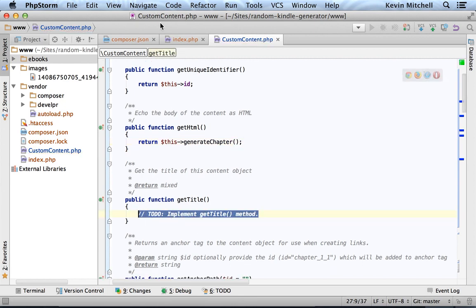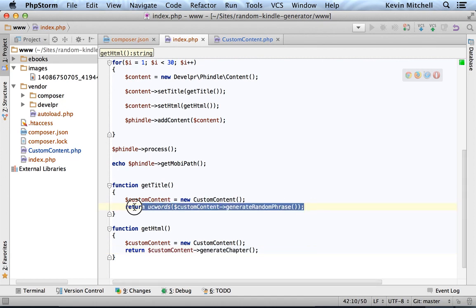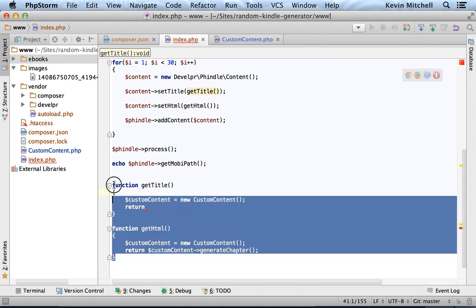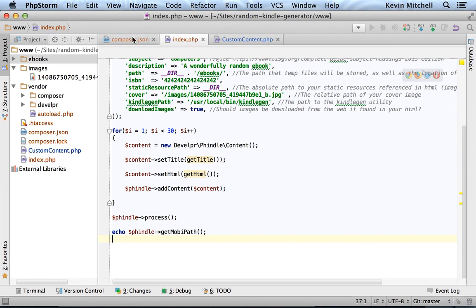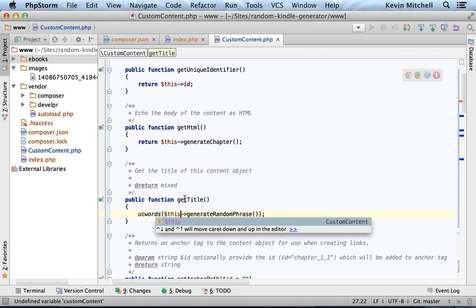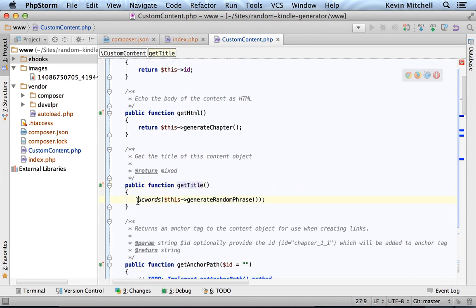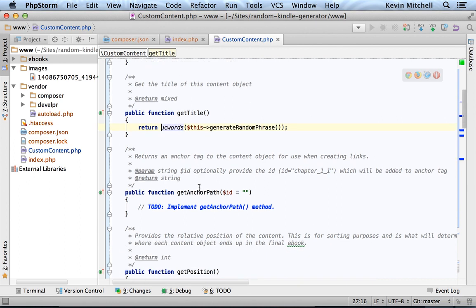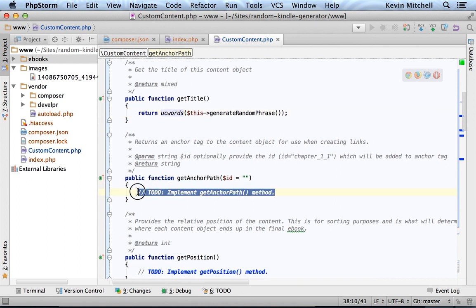Get title, again, we'll just steal this from here. And we don't need these any longer. Generate random phrase. Okay, so for now, we're just going to go ahead and return